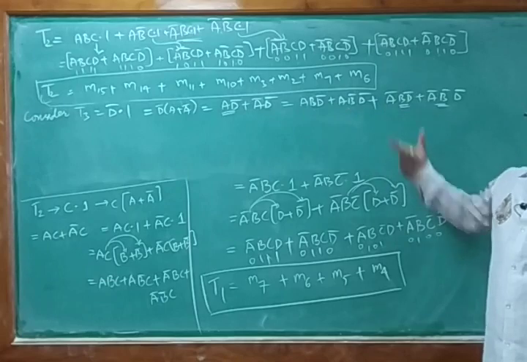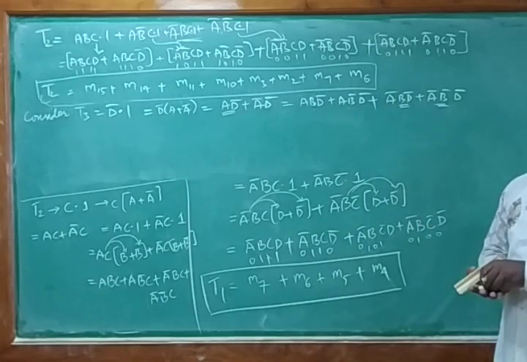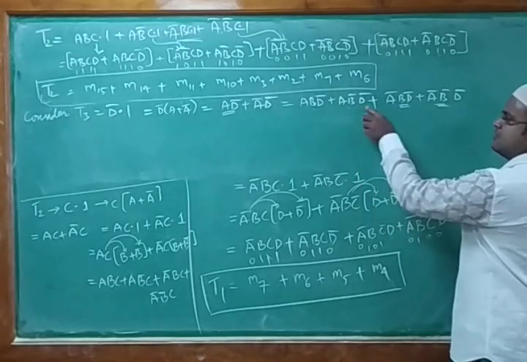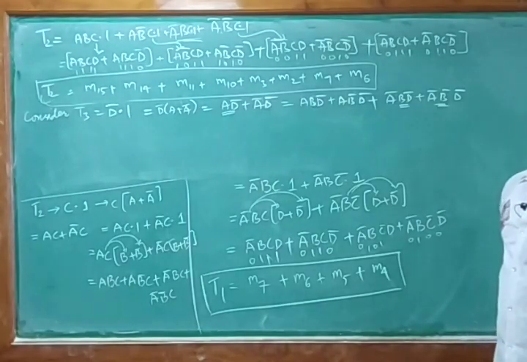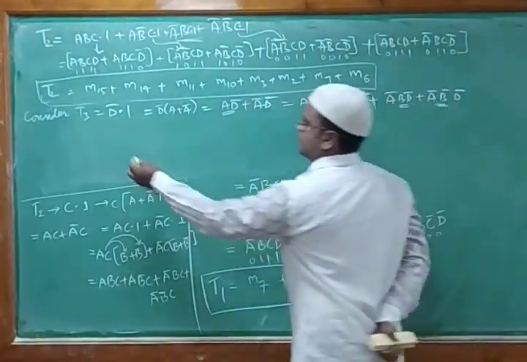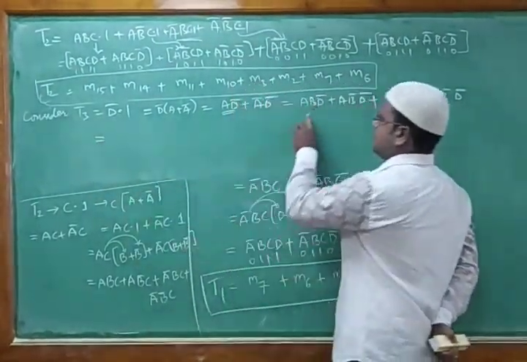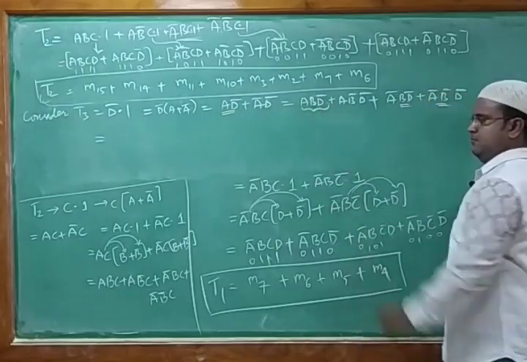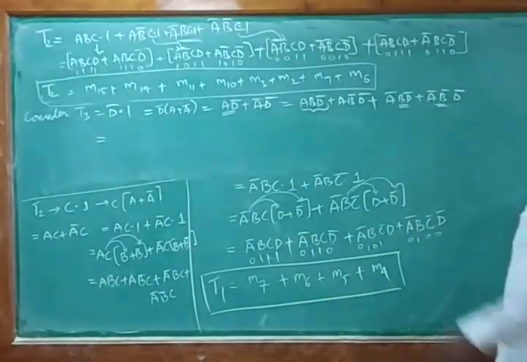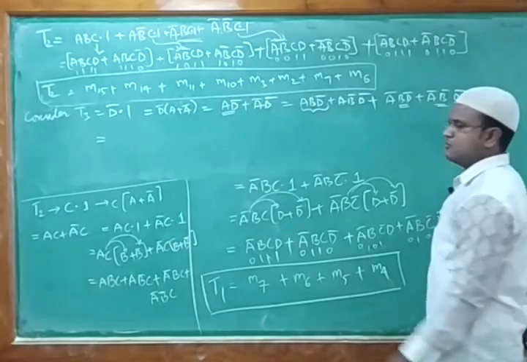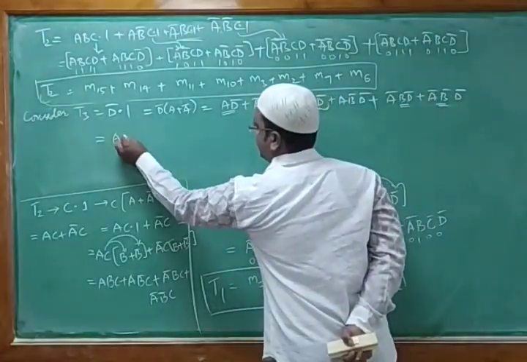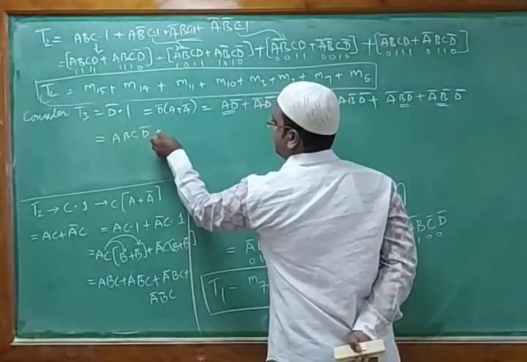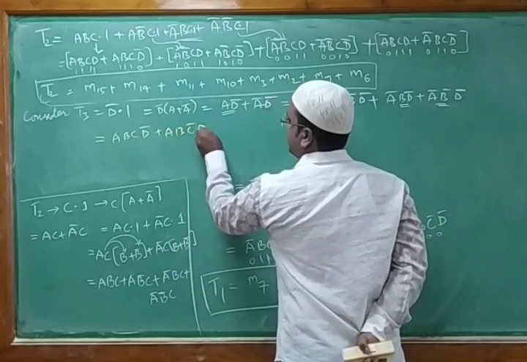Similarly now we do have 4 terms. That 4 terms we need to write in terms of C because there is no C in this. So C is missing. So we need to write C for this. What I'll get? So here if you see this thing A B D bar I am multiplying with C plus C bar. So what I can write? A B C D bar plus A B C bar and D bar.